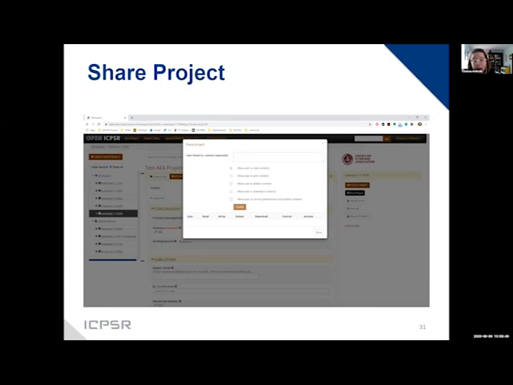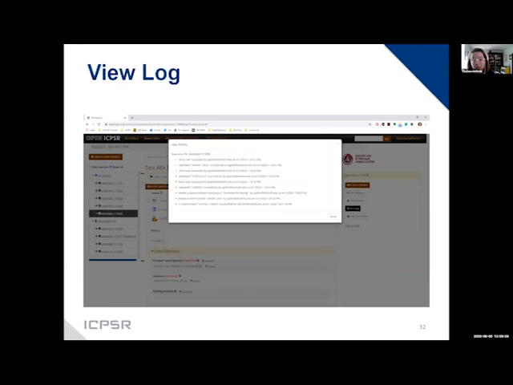Lastly, the project administration tools that we previously saw on the right side of the project workspace can further facilitate various workflows and collaboration by allowing the depositor to share the project, as in this modal here, with any or all of their collaborators. And then the next slide will show the view log, and this documents all actions that are taken on a project in case there are any questions or confusion.